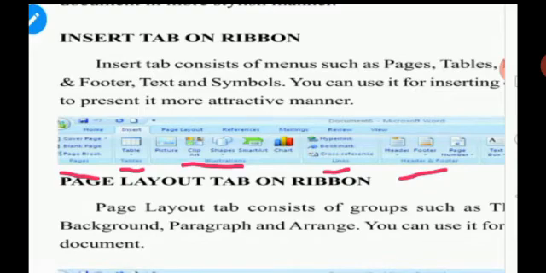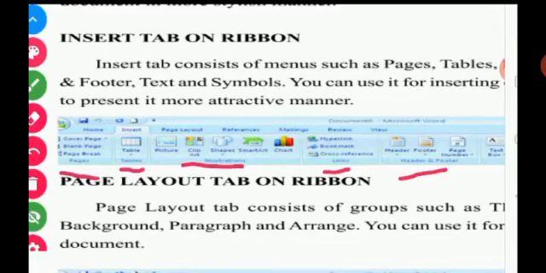And header and footer. In your book, in so many books, you can see for each page the book name or the chapter name will be displayed at the top in a small font, isn't it? And usually what will be in the footer? The page numbers will be there. This is because of this option, header and footer. Okay dear, so this is the use of the insert tab.